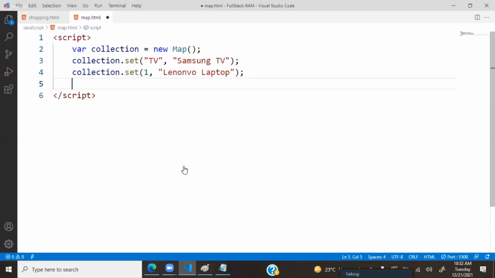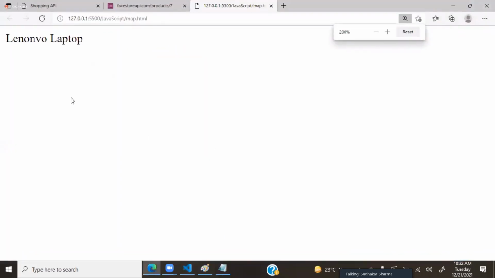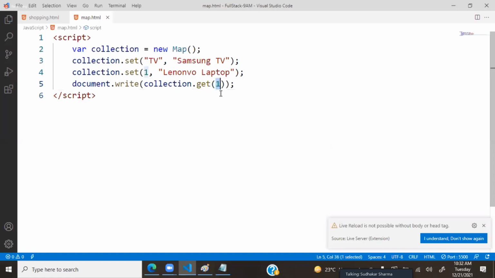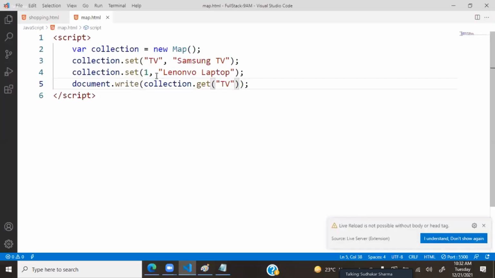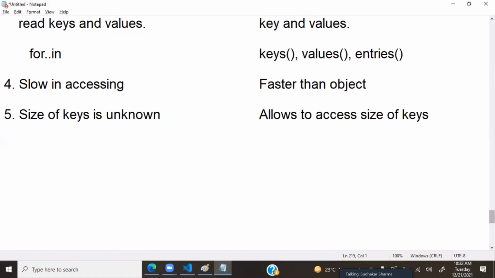How to access it? document.write, simple, collection.get. Get which key? 1. That means it will access the first one and display. You can access it and use this. Any type of key and value is allowed. So that is the advantage here. So what are the functions here? Functions are nothing but Map methods. We have Map methods. Number one is set,